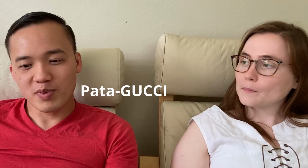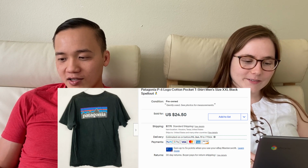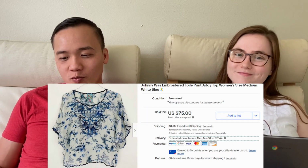Then we sold this Patagonia t-shirt, $27.80 on eBay. This was surprising to me because it was just kind of a plain t-shirt. It had the logo on the back, but I wasn't really expecting much from it, so I was happy that it sold. Then we sold this Johnny Was blue and white top,